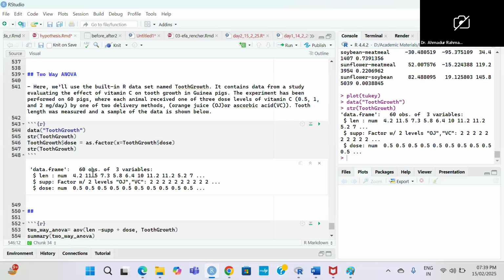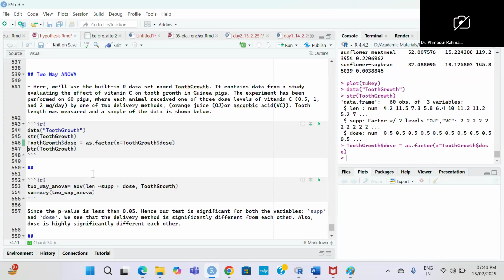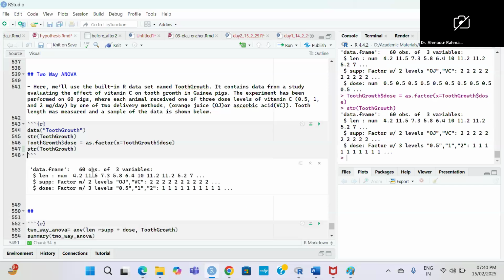then we are writing dollar। so dollar mean we are extracting the data and that is called dose। dose को हमने extract कर लिया, and then there is a function as dot factor। so as dot factor का मतलब change this data into a factor and then giving again x is equal to tooth grows dollar dose। okay, so after this we have converted our dose into factors, and then we again use structure function to check this। so first one is length, and second one is factor, and third one is also factor। so see, our dose is converted into factors, and this factor contains 3 levels, 0.5, 1 and 2।